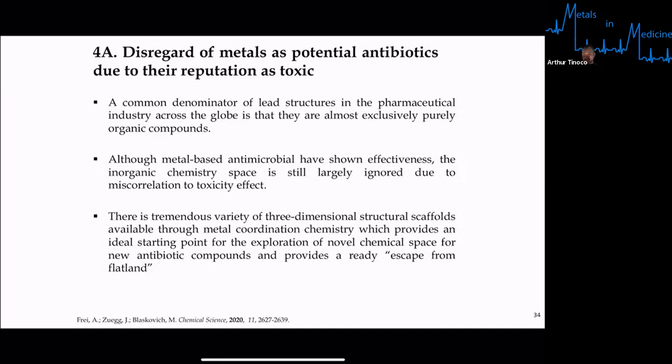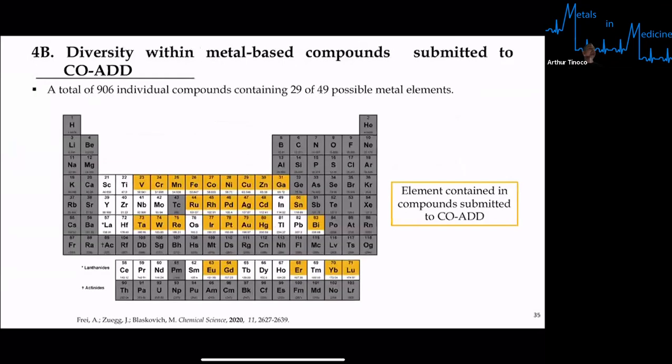So, in this study, they are proposing that metal coordination chemistry can lend itself to a lot of chemistry that has yet to be fully exploited because of the three-dimensional structure that they can offer. So they offer this novel chemical space that could lend itself to breaking some of the limitations in antibiotic drug discovery. So going to the findings of this paper, again, roughly 300,000 compounds screened, of which 900